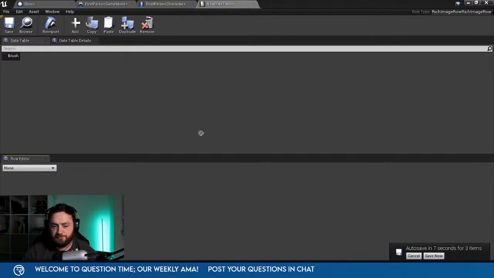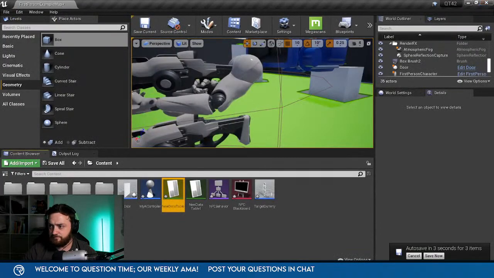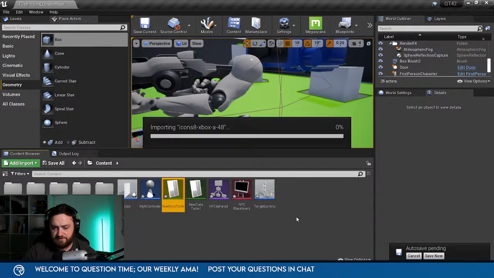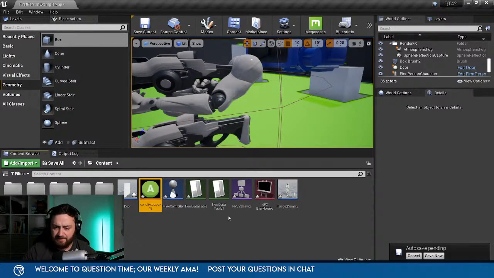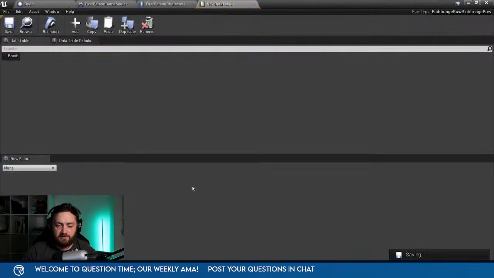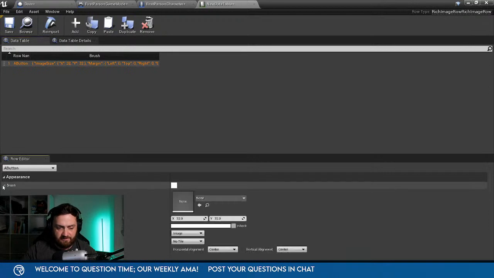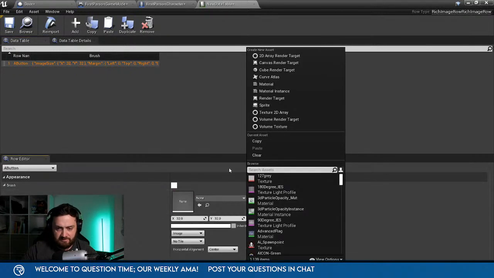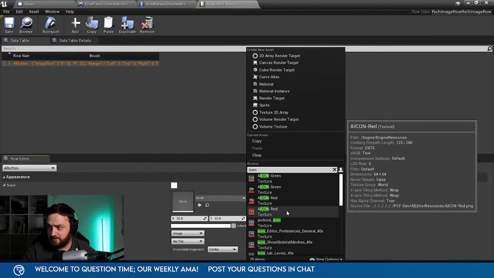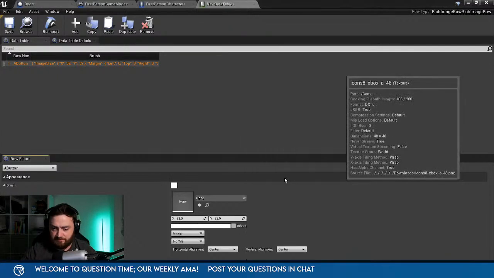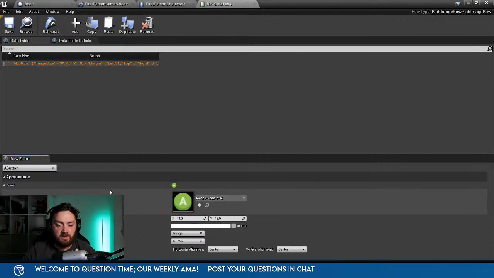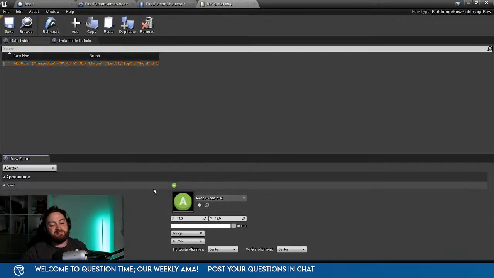So if I drag in an image, oh wait, if I drag in here, I got an A button there. You've got add a brush in here. We'll add it to A button, and if I set the brush here to just the A button, okay, so icon, this one. Okay. That's all well and good, but it will be static.